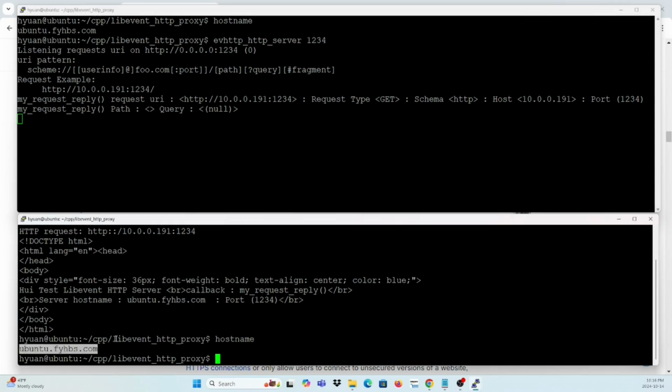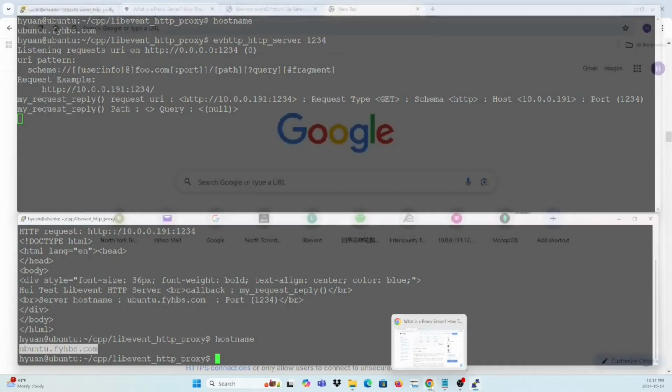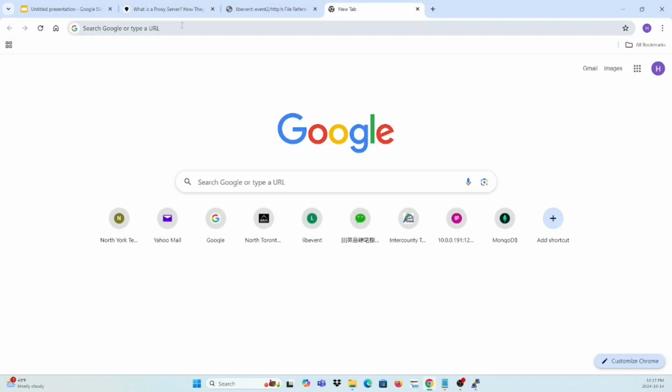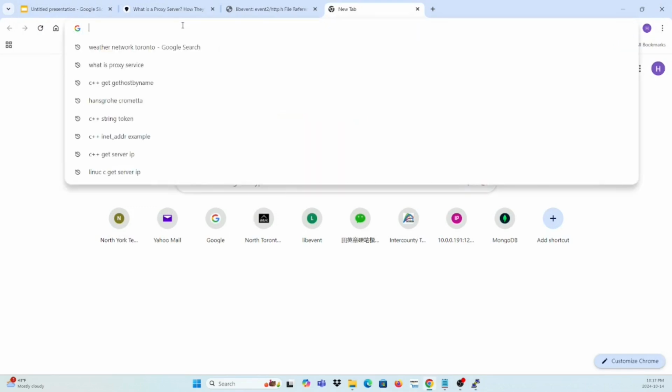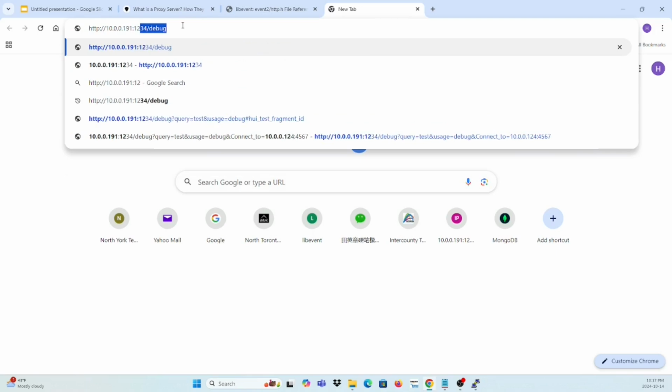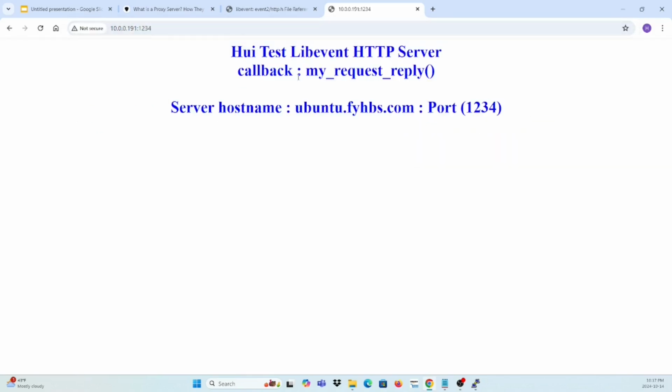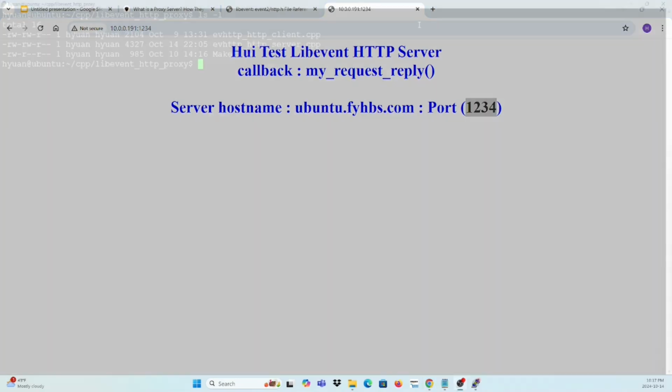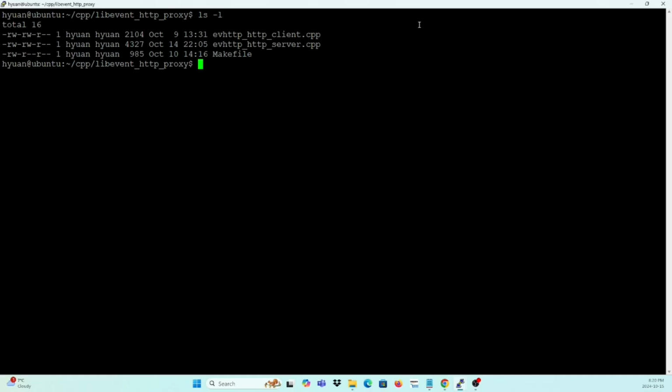We can also test our web server using a web browser. Here is our web browser, where we type port number 1234. Here is our basic simple HTTP server. The callback function is my request reply, host name ubuntu.fibh.com, and port number 1234. Back to our Linux,